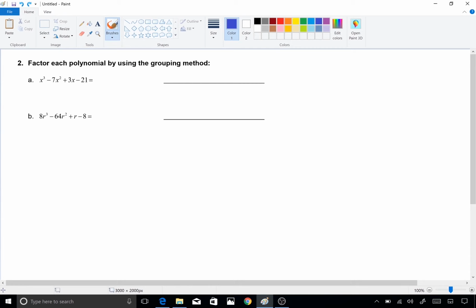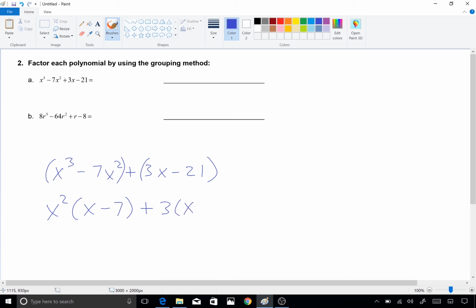I'll do a couple of these as examples. X cubed minus 7x squared plus 3x minus 21. First, I break them into two groups. For this first one, the greatest common factor is x squared. And for the second one, it's 3. There's an x minus 7 attached to both. That becomes